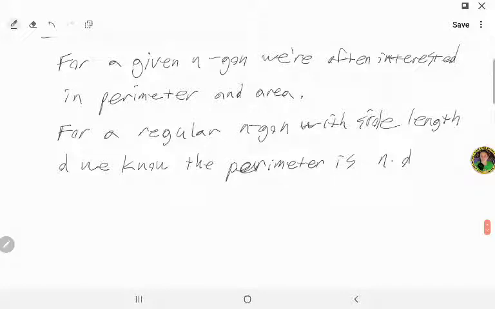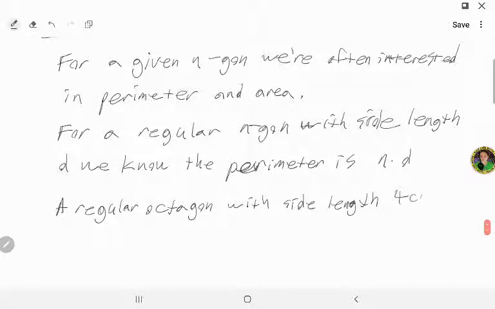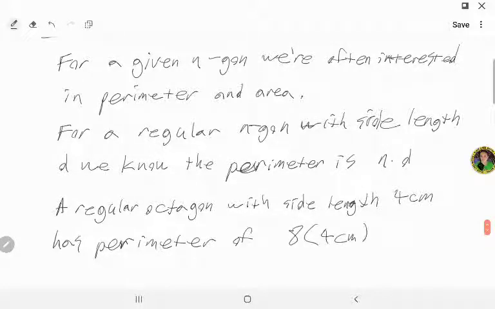So, for example, a regular octagon with side length 4 centimeters has perimeter of 8 times 4 centimeters, which equals 32 centimeters. Nice and neat. Now,